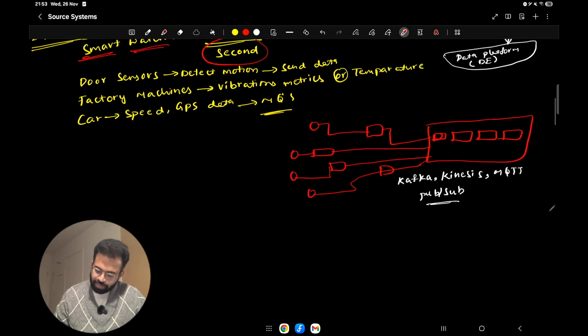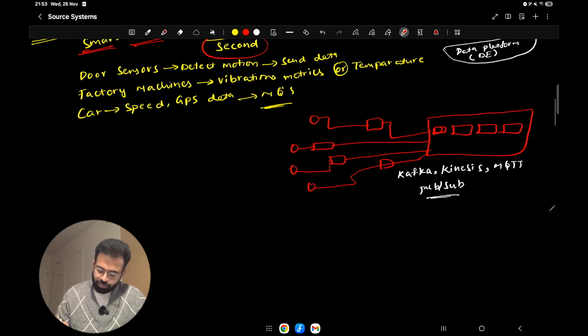But in this case, you don't have direct interaction with the source system. I mean, you do have some kind of interaction, but what do you consider your source system as? Do you consider watches as your source system, or do you consider the streaming platform or message queue as the source system?